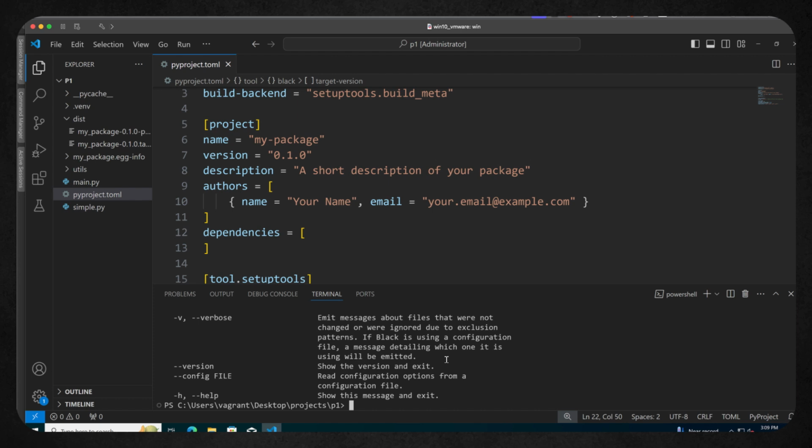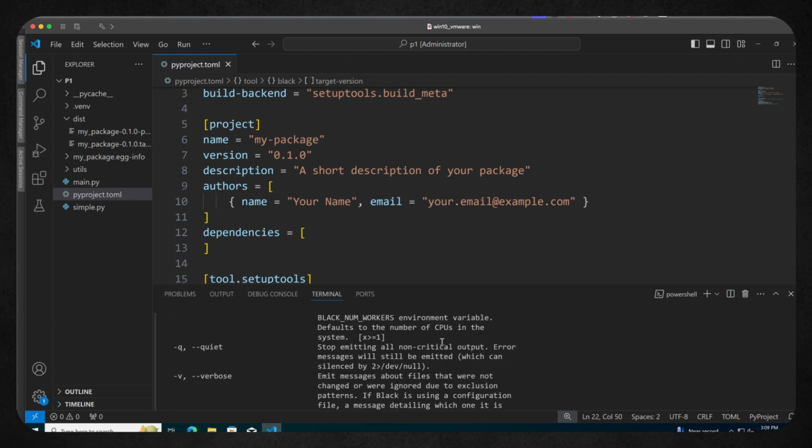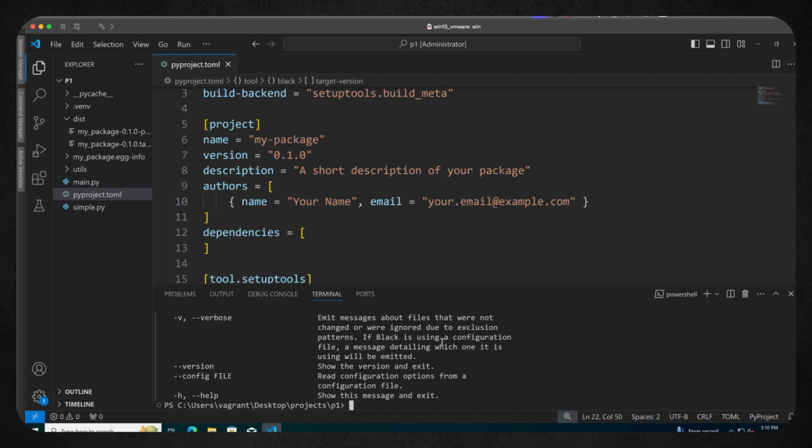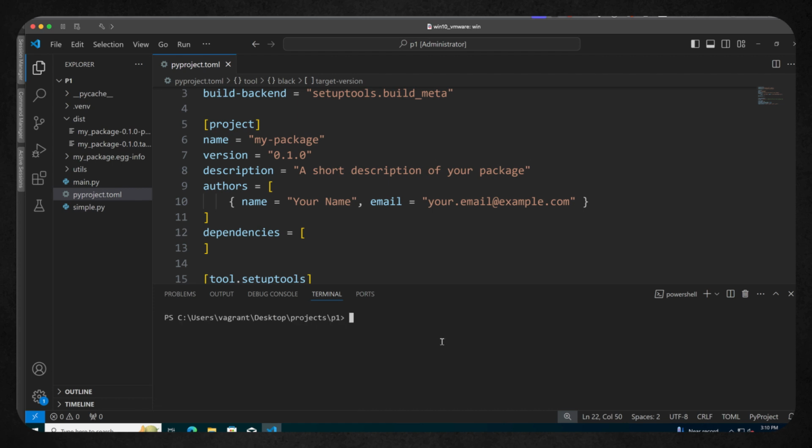When I look at it, there are a lot of options we could provide from the command line. But it will pick up from my pyproject.toml, and I don't need to even tell it to look there. We can just do black and a dot. And we can see the 4 files within my project all seem to be working well at the moment. So let's change that so we can see what black actually does.